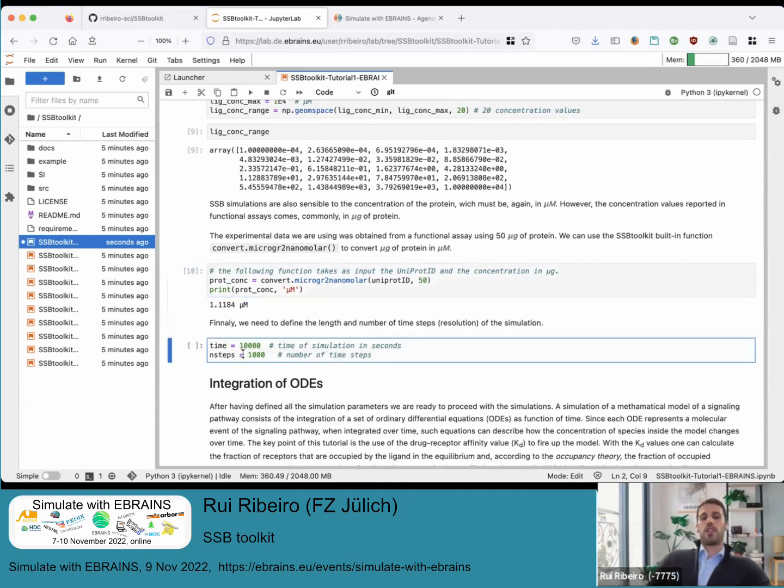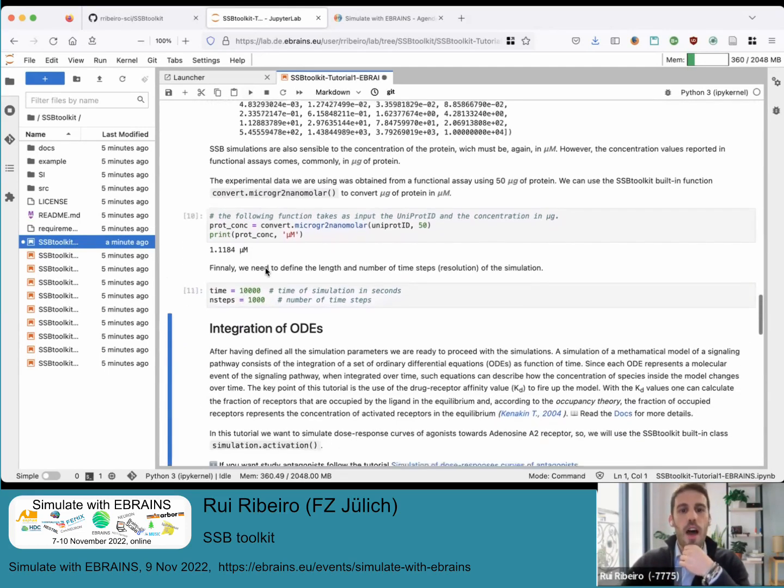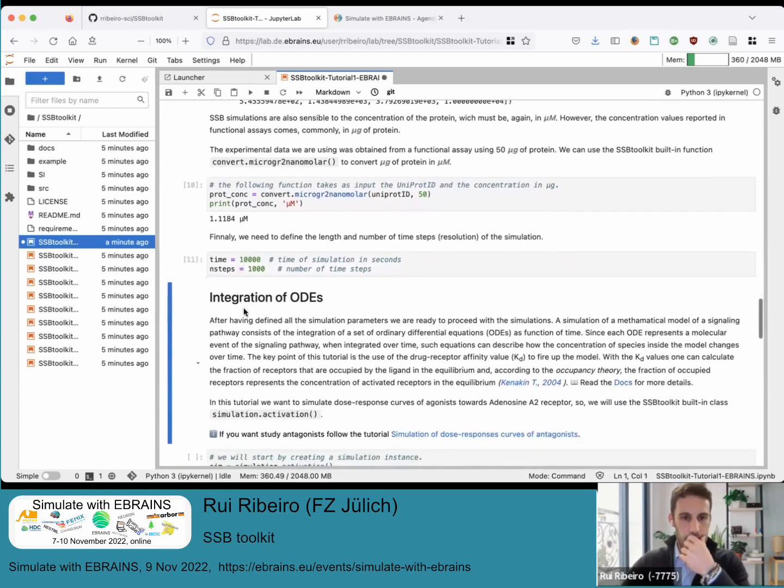We also have to set the time parameters, so how long the simulation should be. In this case, I will choose 10,000 seconds with 1,000 steps. This is like an integration time step. Once you have done this,